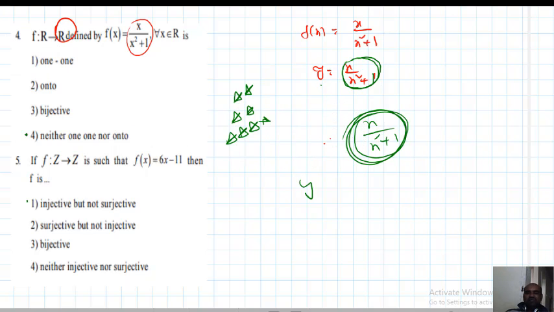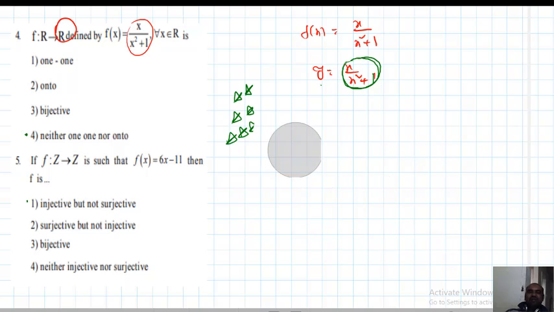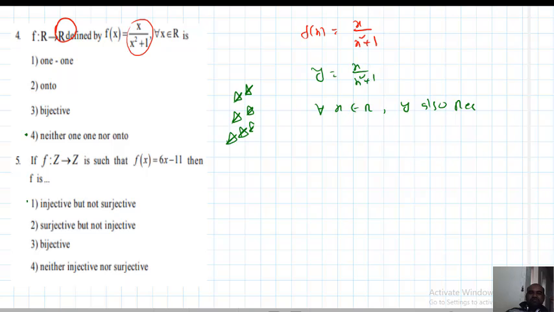For example, if y is equal to 2 by x, for what x is y real? It means x is not equal to 0, so in this case the domain is all real numbers minus the set {0}. I already explained the concept. So here, y is taken as x by x square plus 1, and for every x belonging to R, y is also real. That is, the domain of f is R. It is already given here, that is not a big problem, but I am explaining how to find domains. Range is very difficult, finding the range.